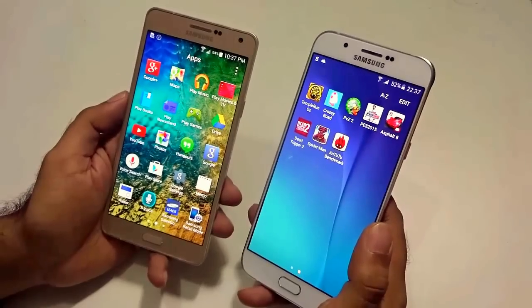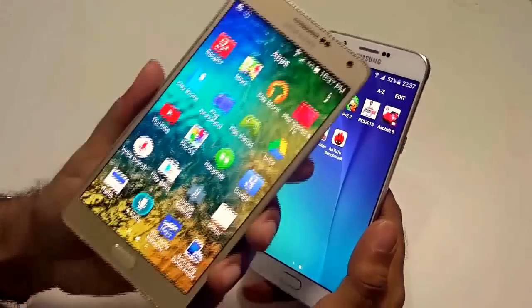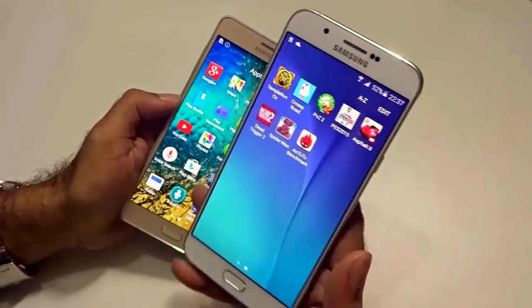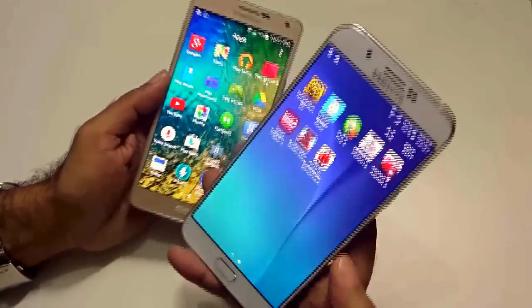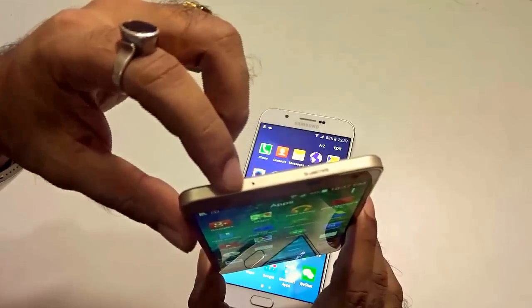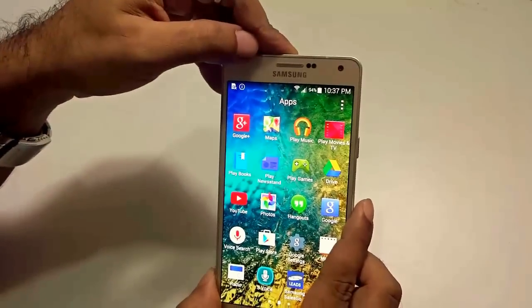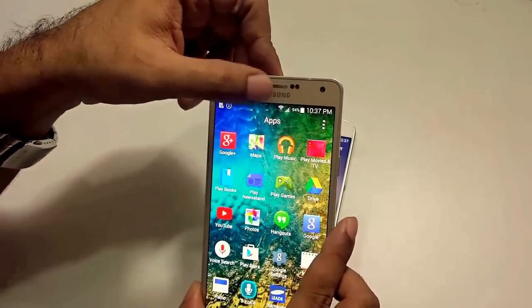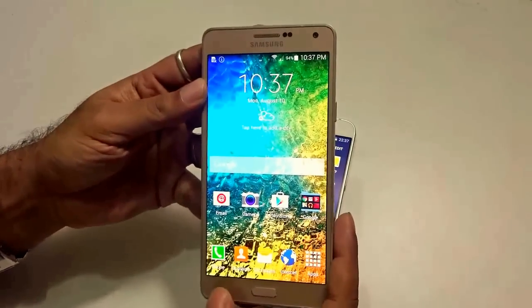On the very first look of the Samsung Galaxy A7 and the A8, you can notice that A7 is more of a rectangular format, whereas the A8 has circular edges, somewhat representing the edges of the S6 as well. Now for the Samsung Galaxy A7, at the top you will find the infrared blasters and the Qualcomm branding over there. At the front you have the earphone, the 5 megapixel shooter, the sensors, the Samsung branding, the home button, the back button and the multitasking button.